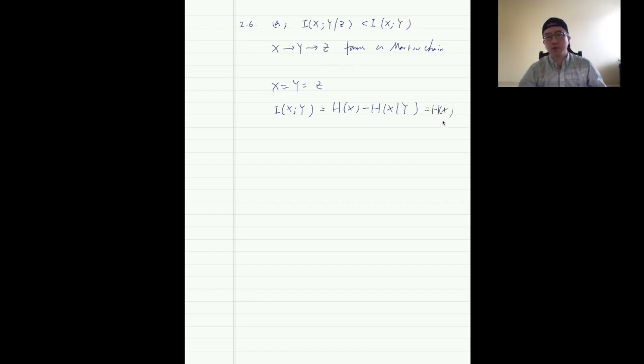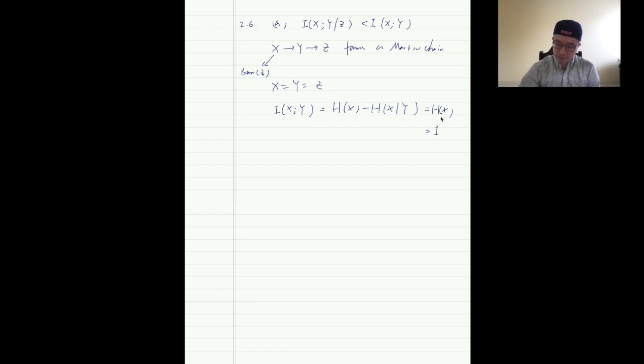So yeah, maybe you can pick a special distribution for X to make sure this is not 0, because this is a bigger one, right? So we don't want this to be 0, okay? For example, we can pick the distribution of X as a Bernoulli distribution with half, right? That means that the probability that X is 1 is half, and the probability that X is 0 is also half, right? In this case, we can compute that this guy is 1,